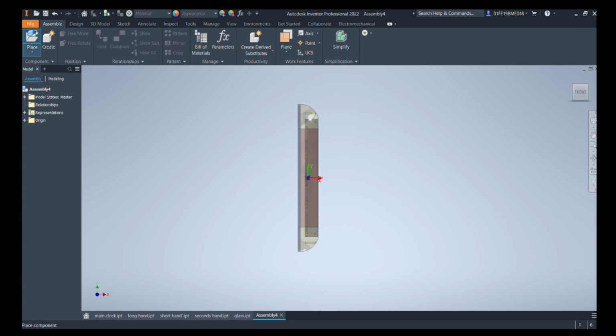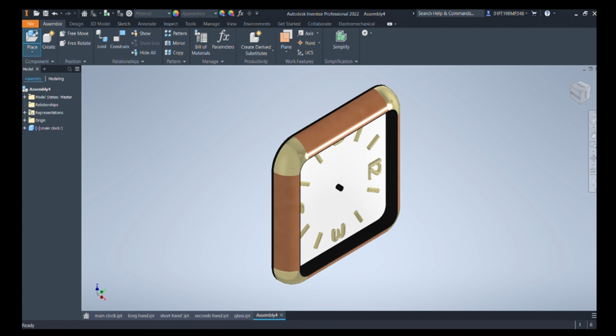First we'll add our main clock, then we will add our seconds hand, long hand, short hand, and glass. And last part is our glass, so we will be adding our glass. Yes, now we are done.